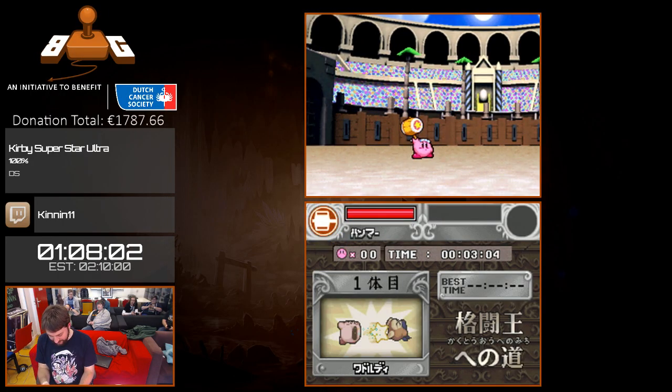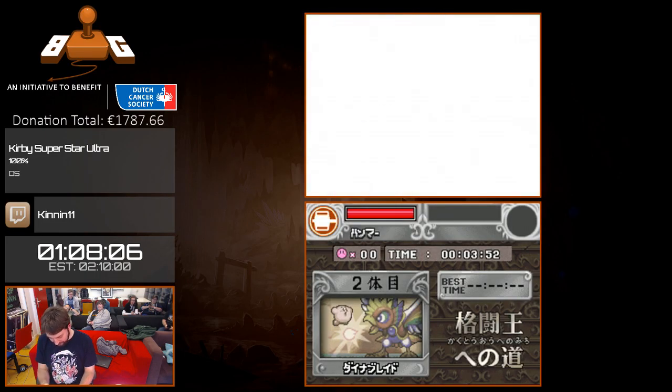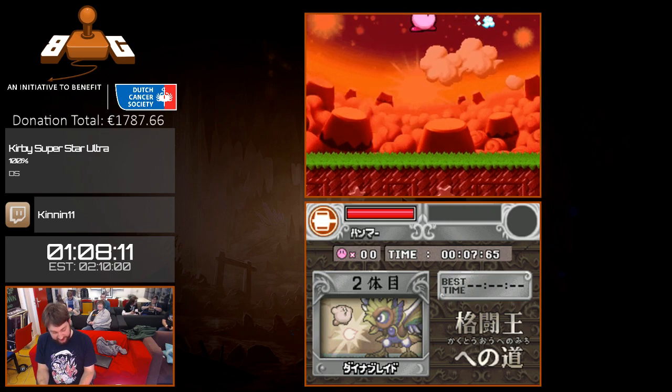There we go. That was Bananity. Poor guy. He's so easy to beat. Next up we have Dynablade. He's a pretty easy fight and I don't really need to explain much, so...